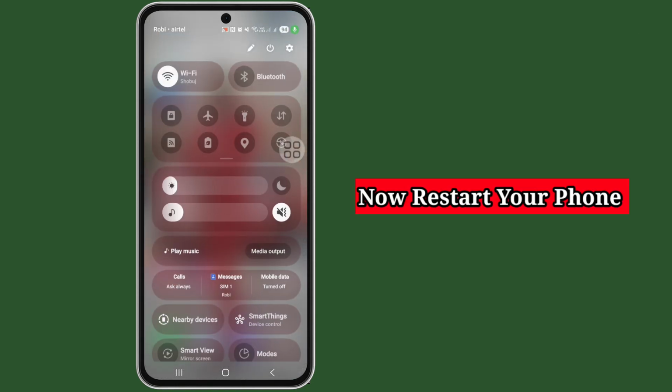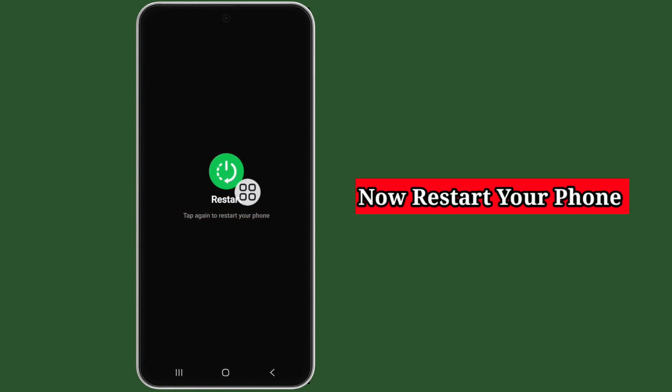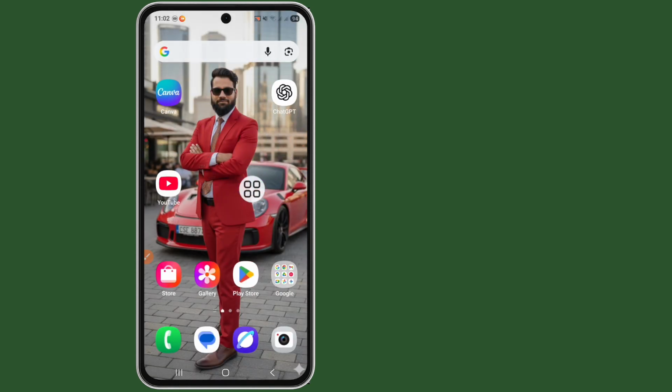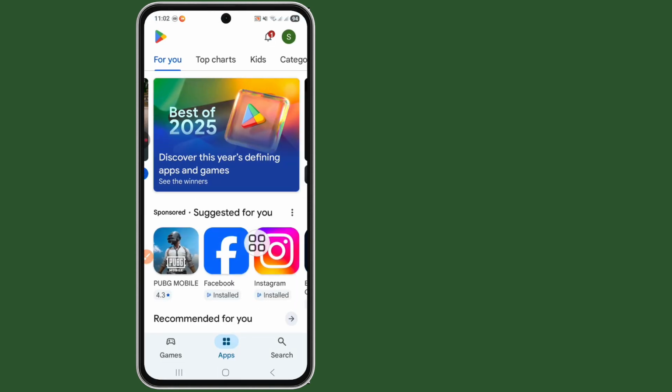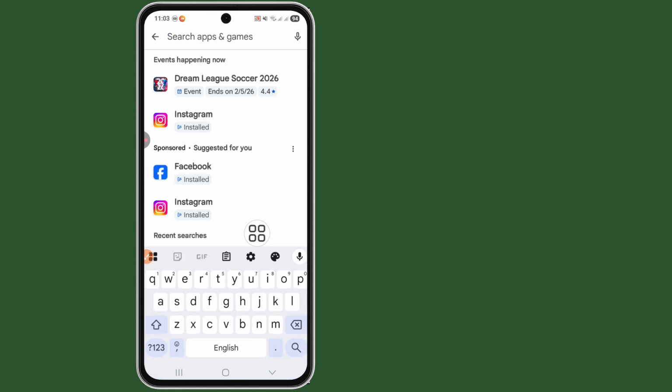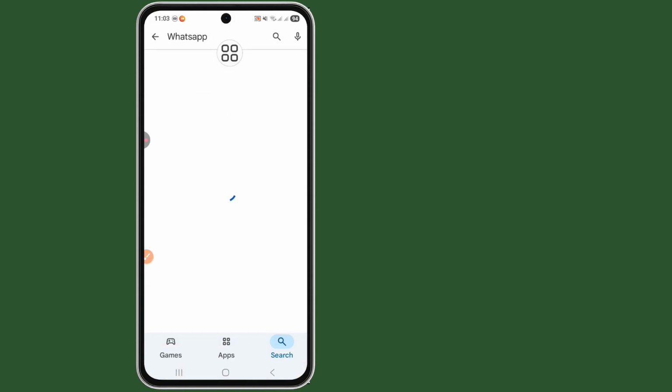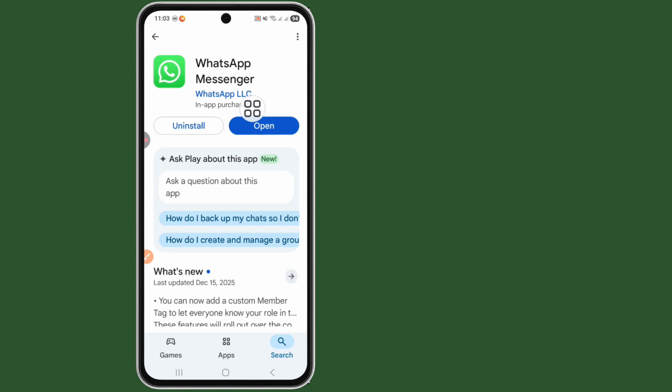and now restart your phone and reopen it again. Okay, go to Play Store and search for WhatsApp and check update your WhatsApp. My WhatsApp already updated. Okay, go back